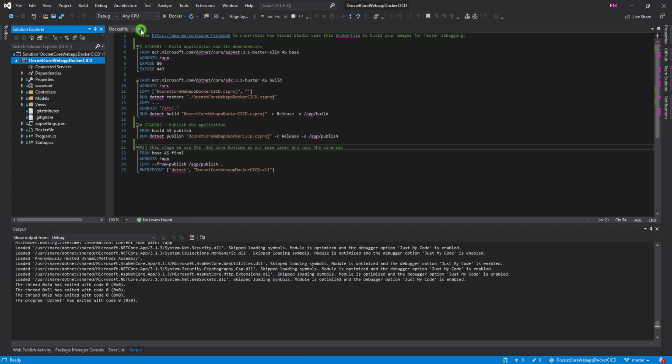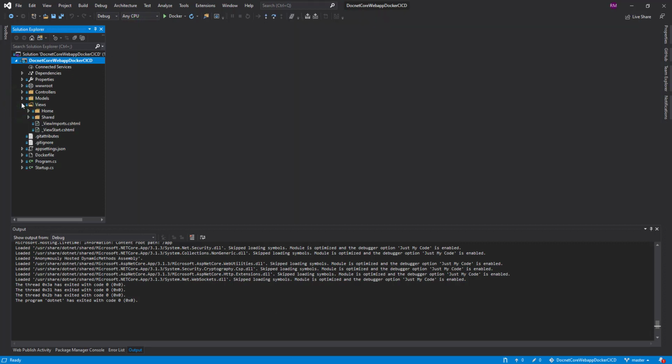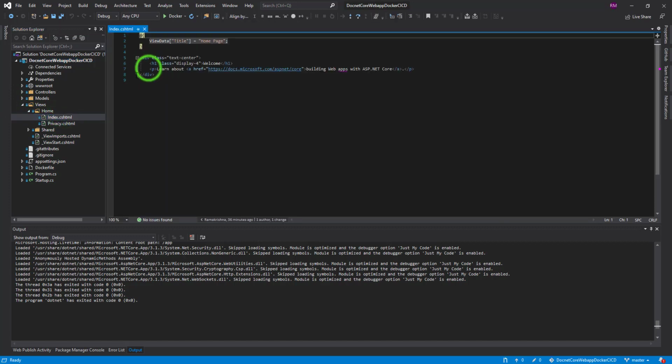So go to our project, go to the index view and change the content here. CI/CD. Save and commit to GitHub.